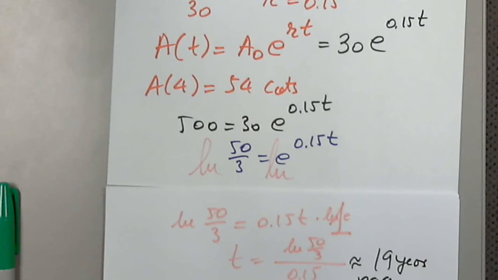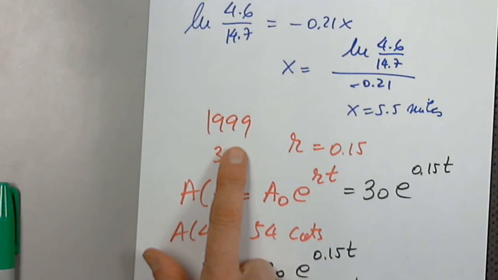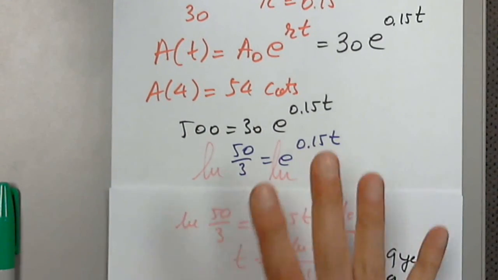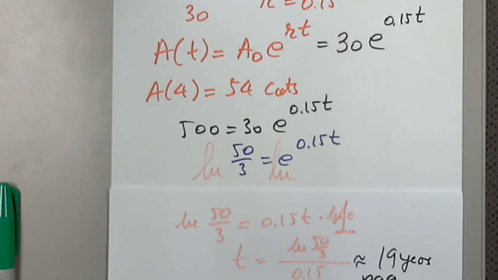When you look at the number of years for the population to reach 500, yes, because we started in 1999. Right, but what if you did 50 divided by 3? Why did we do that? Because